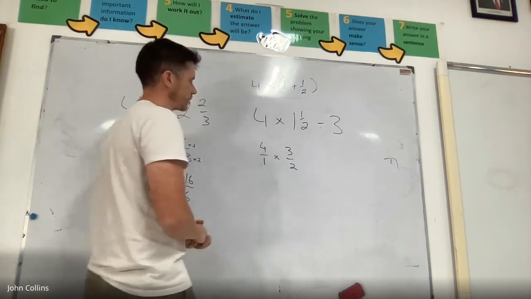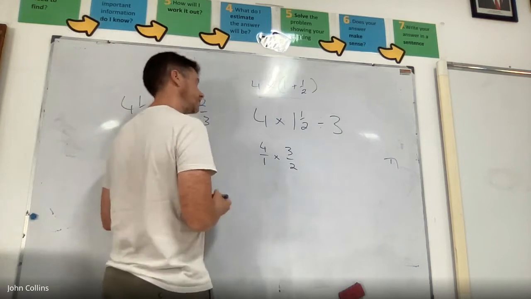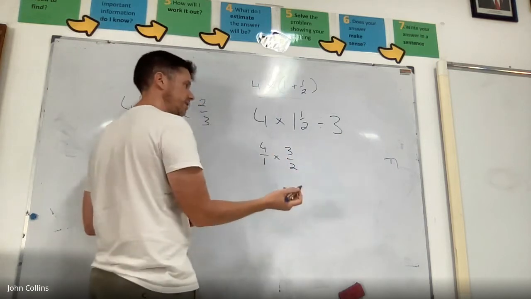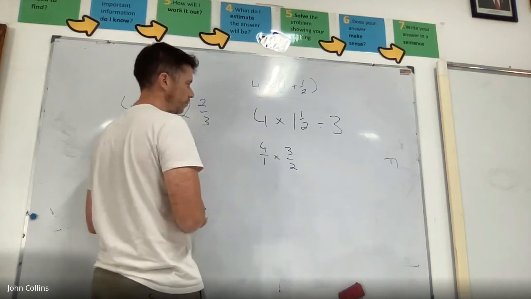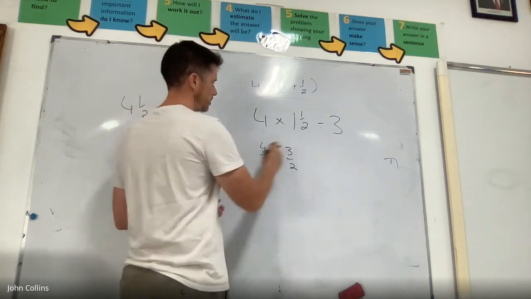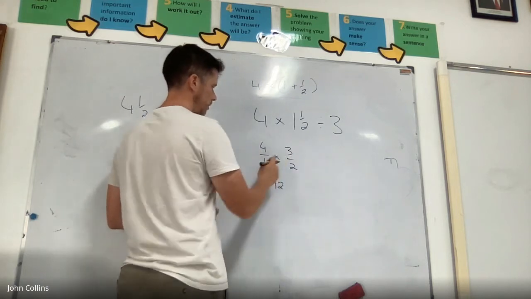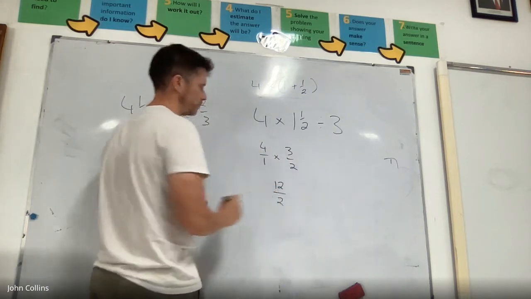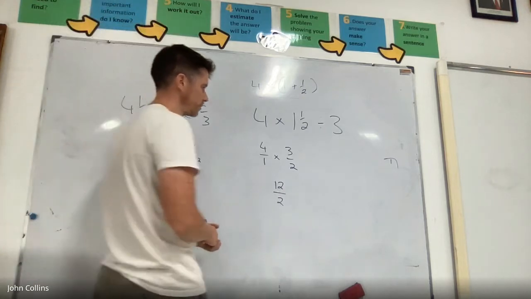But I'll just do this first, and then I'll divide it by 3 afterwards. So I can multiply straight away and then simplify, or I can pre-simplify if I want, because I know 2 fits into 4. But I'll just multiply as is. 4 times 3 gives 12, I'm going to write it underneath, and 1 times 2 gives 2. So I'm left with 12 halves, 12 over 2, which is, of course, 6